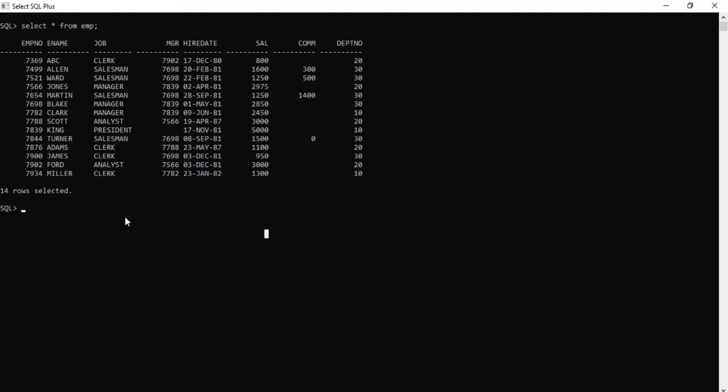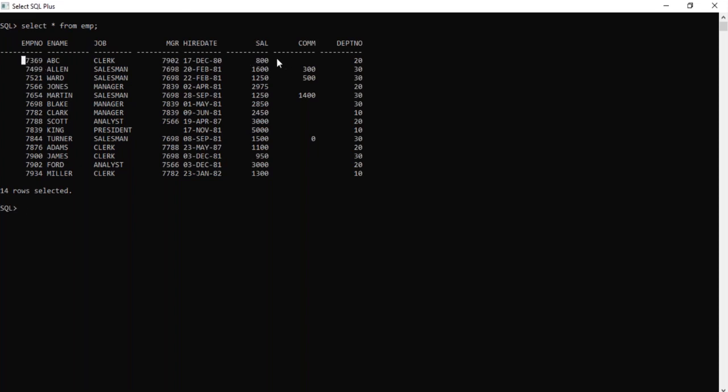These are the operators we are going to learn now. It will be easy when we are writing complex queries, where these things will be applicable.